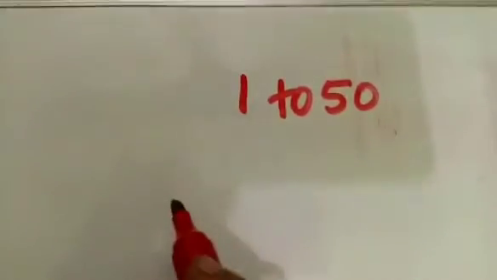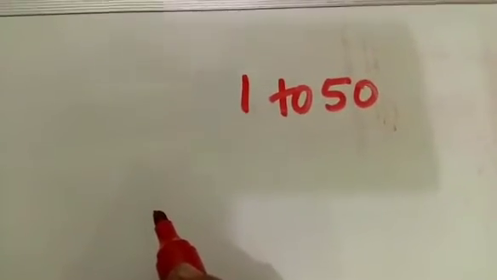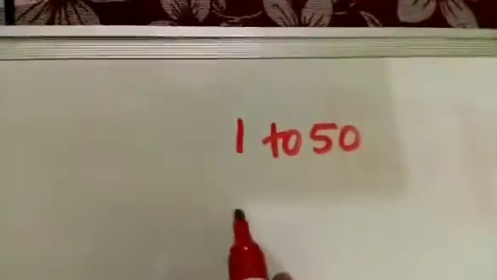Now I'll show you the easy method. Now you have to learn number names from 1 to 50. Okay, so 1 to 50 learn करना, अरे बाप रे, it's too much. Okay, so how you're going to learn 1 to 20? You know number names 1 to 20. So after 20 how you're going to write?